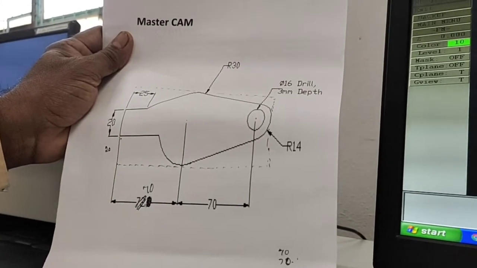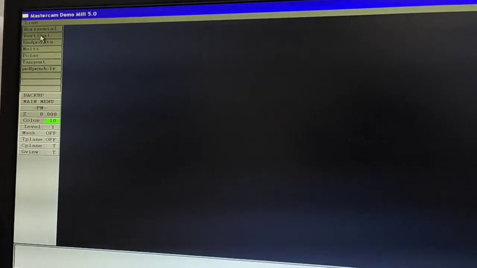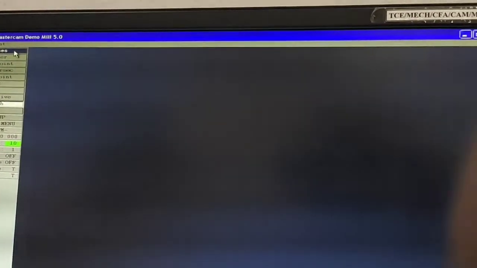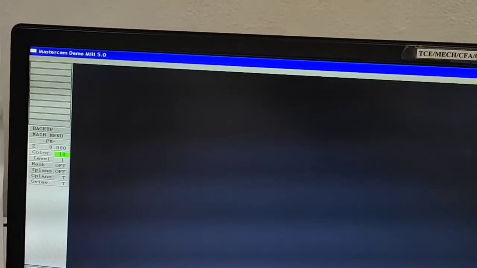Now we start the drawing by selecting create, next, line. First the vertical line. Select vertical line. In the dialog box it will ask you to enter the coordinates.